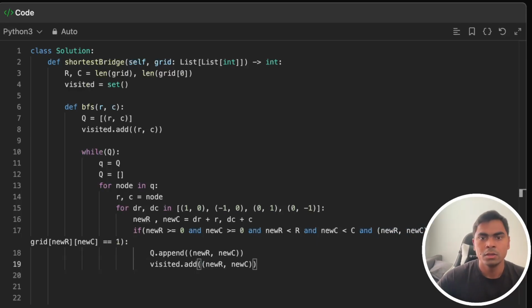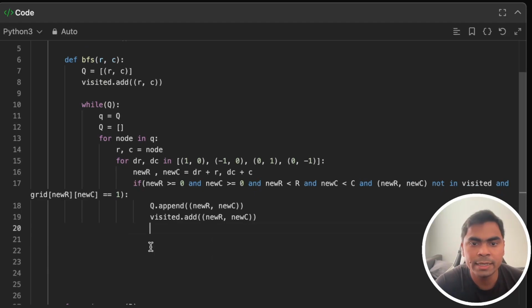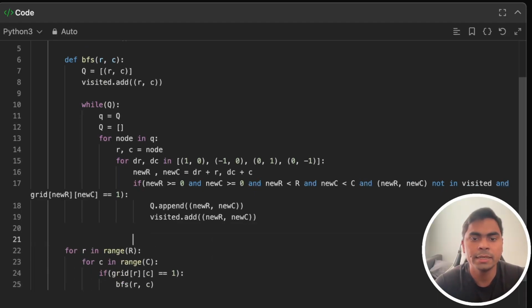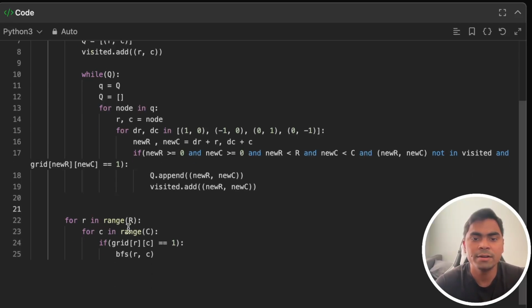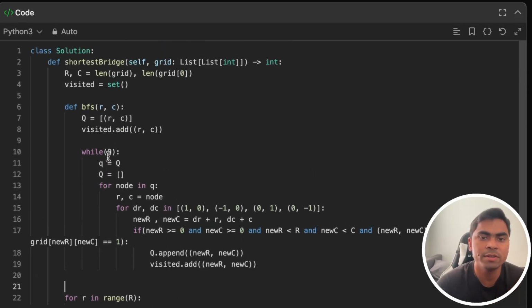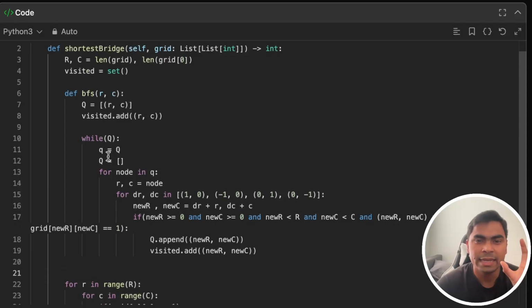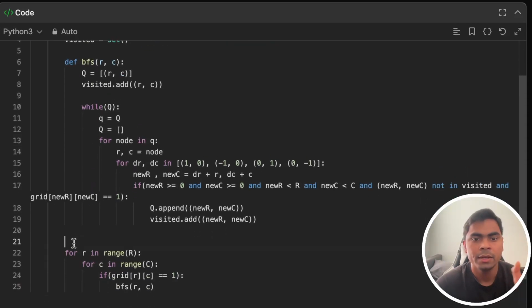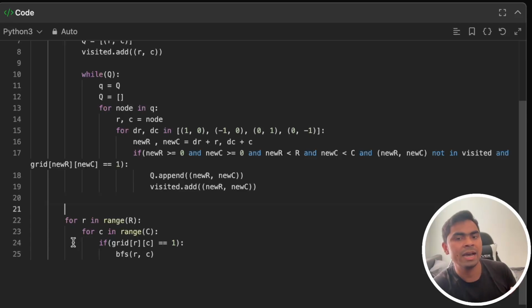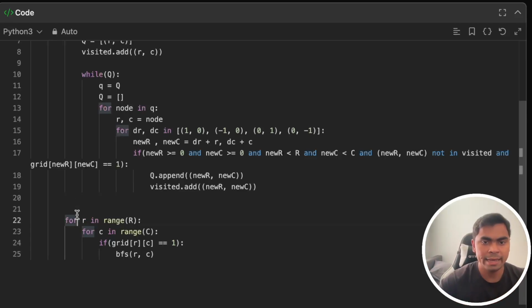Okay. So now what I have done till this point is I came across one of the islands, and then I have added all of those cell addresses of this island to my visited set. But I just want to explore one island. I want to quit before I start exploring the other one. So I'll have this